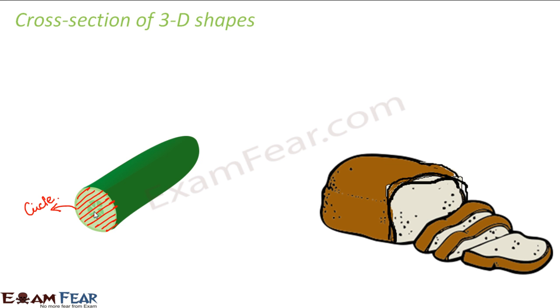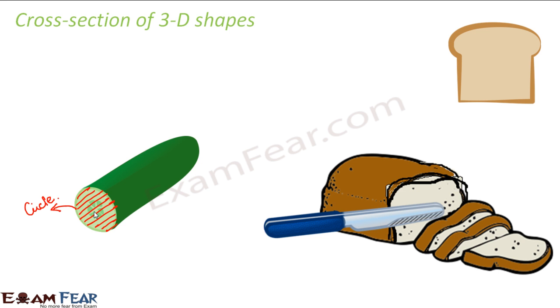Think of a loaf of bread. What happens when you cut a slice of bread? You can cut the bread vertically, you can cut it horizontally. Normally we cut it vertically like this. Now when you cut the bread into multiple slices, what is the cross section of each slice? What is the shape of this surface which gets exposed? The moment you cut a slice, this is the surface that gets exposed, and roughly this surface is in the shape of a square. So the cross section of the bread is in the shape of a square. This is the scenario when you cut it vertically, as shown in the figure.